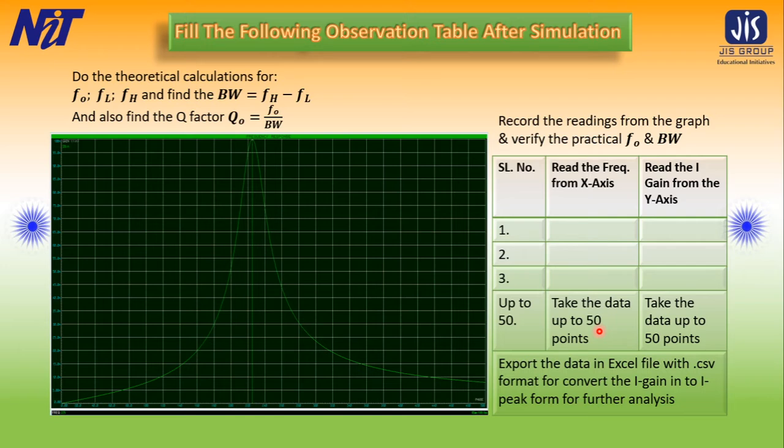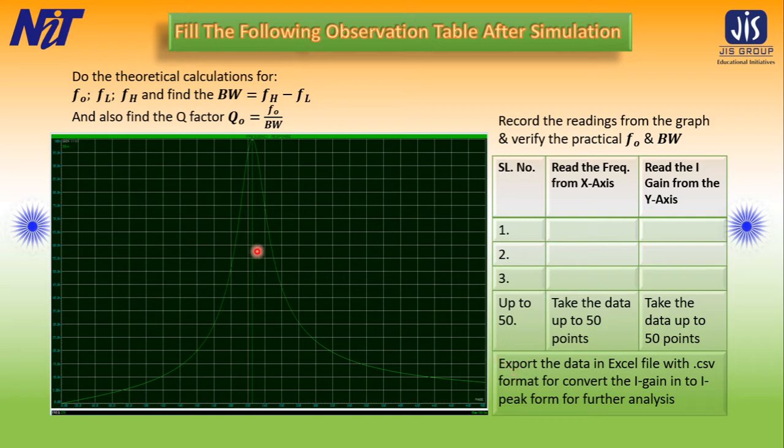But one point is there: when you plot the graph inside Proteus, by default Proteus can only plot the frequency response curve, frequency versus gain. This left vertical axis is actually gain, but theoretically, to realize the resonance of this RLC circuit, we have to convert it further into a peak current.